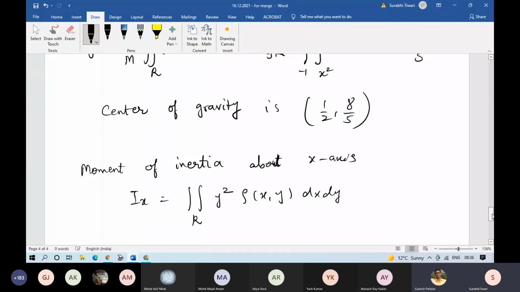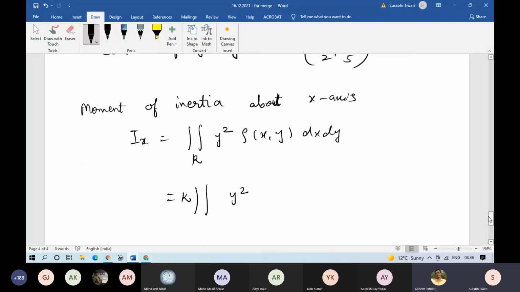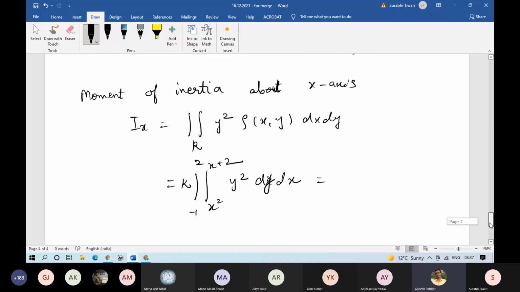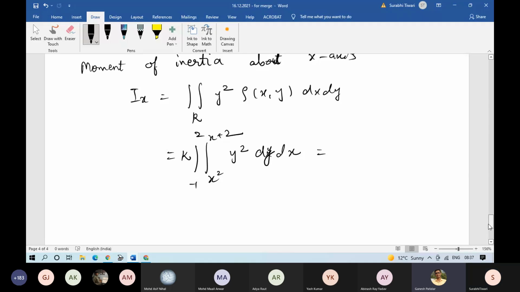So this is equal to y square, और rho xy की वैल्यू के बाहर आ गई, dx dy। dx dy को अगेन dy dx लिख देते हैं। dy dx, and this is from x square to x plus 2, minus 1 to 2. जल्दी से कैलकुलेशन करो।